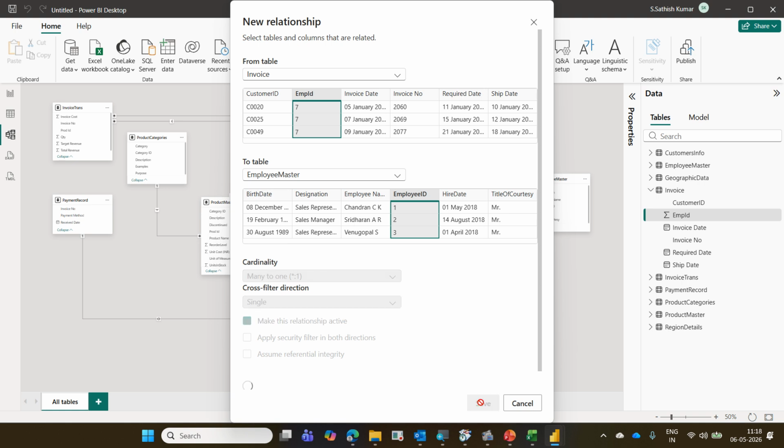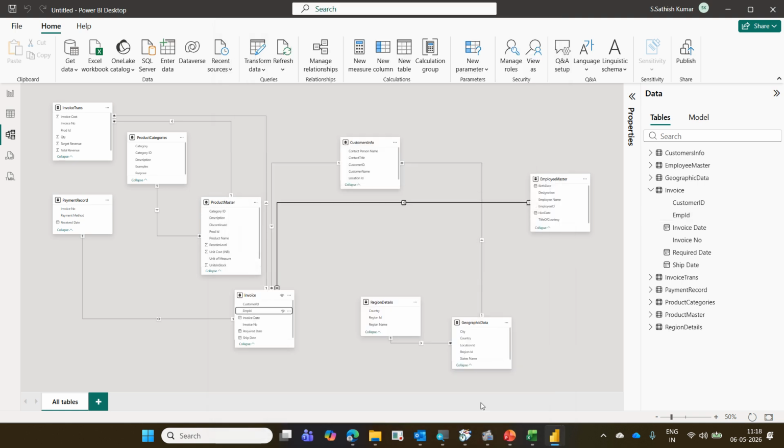Now these two tables are connected. But I think 99% this is not required. Power BI will automatically connect it. This is very rare. When you go to the corporate companies, there will not be a spelling mistake like this. 100% you will have a common column. You know that in a database, in a backend, the common column should be there. Then only you can make the primary key, secondary key, foreign key.